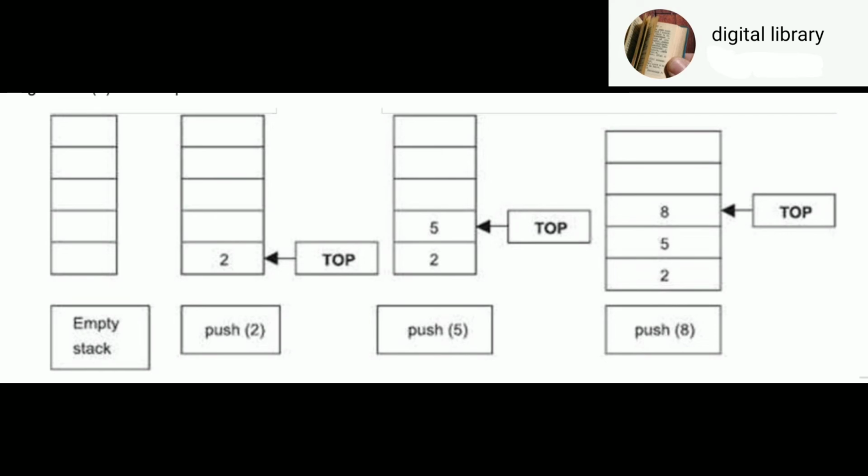Operations on stack: methods, create stacks. The fields of a stack comprise a variable to hold its maximum size, that is the size of the array, the array itself, and a variable top which stores the index of the item on the top of the stack. The push method increments top, so it points to the space just above the previous top and stores the data item there. Notice that top is incremented before the item is inserted. So that means it is incrementing top above the previous top.